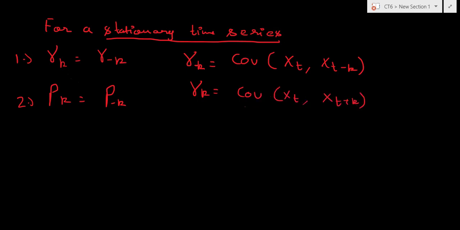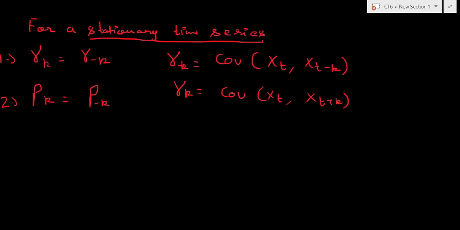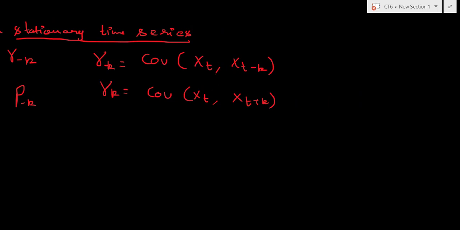Now, if you see, these two are the same thing. How are they the same thing? I can write this as the covariance of xt minus k and xt. I just interchange these two, and that I can easily do